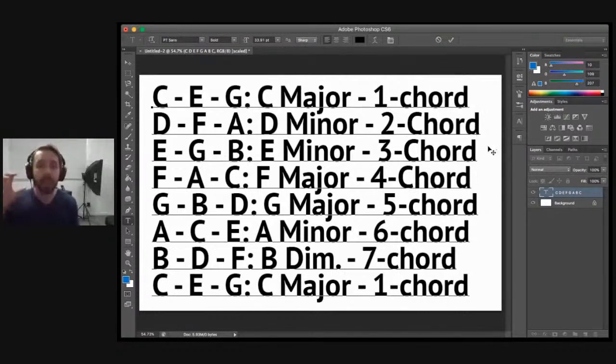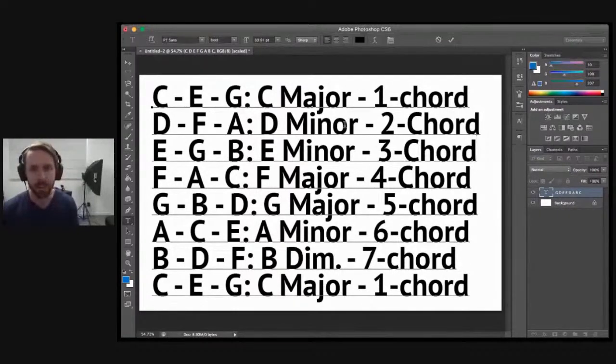So if you're looking at Don't Stop Believing, you can say, okay, this is a 1 chord going to a 5 chord, going to a 6 chord, going to a 4 chord. You can extract those pieces of music theory out of that particular song. And that way, if you ever go to play it in a different key, you can do this exact same thing: a 1 chord going to a 5, going to a 6, going to a 4.